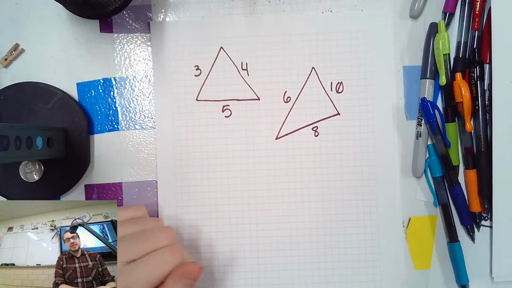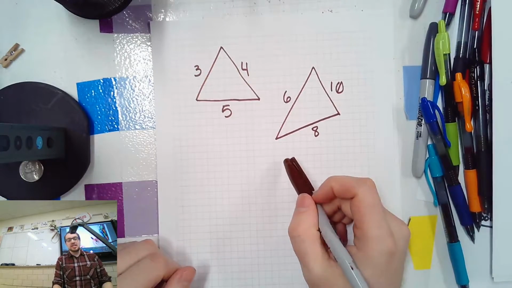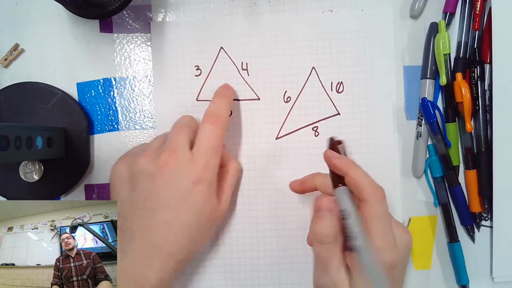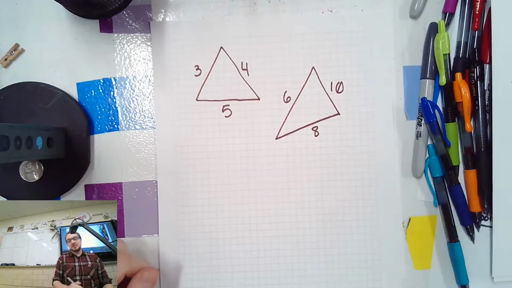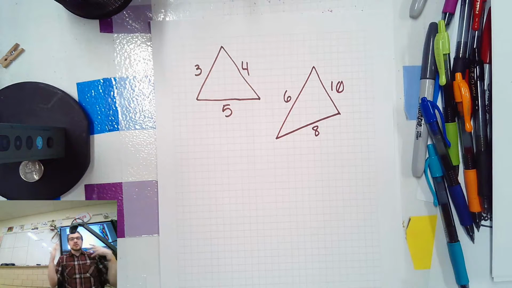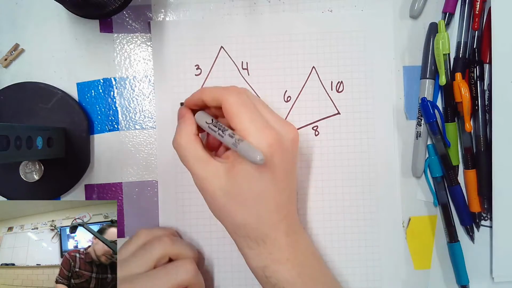All right, so, yeah, that's true. One triangle is half the size of the other. This one's the smaller one. That one's the bigger one. Also, notice that one triangle is twice as big as the other one. That's also true, right? So one's half as big as the other, and one's twice as big as the other. It depends on how you look at it, right? So there's a relationship here. Let's